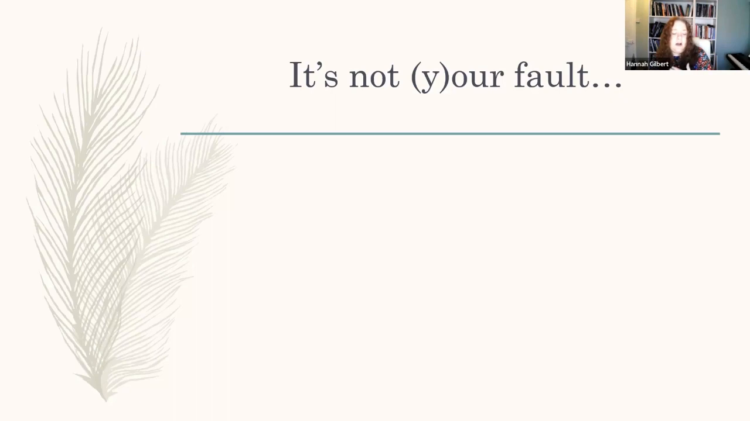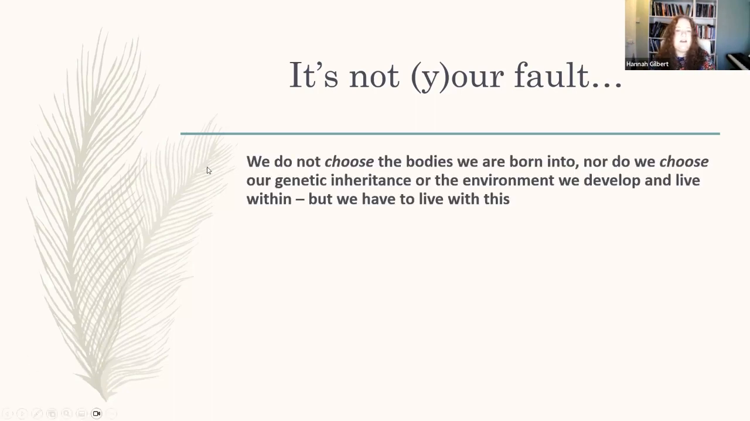But a lot of their beliefs around that can reflect the fact that I feel that I deserve this. I've done something wrong in some way. Basically, I have some weak character traits, and I deserve this. But one of the things that we would say is that so much of what we experience is not our fault. And part of this is that none of us choose the bodies that we're born into. We don't choose our genetic inheritance or the environment that we develop and live within, but we have to live